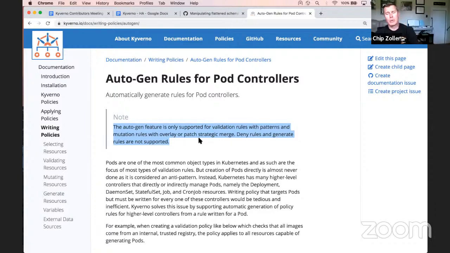Okay, so that's what I was asking. So then, as long as it's an overlay or a validate, then the variables will be mutated, but only in those two conditions. Right. Yes. So it seems like patches, deny rules, generator rules, and JSON patches are not supported. So I guess the only change we should make to the docs is to